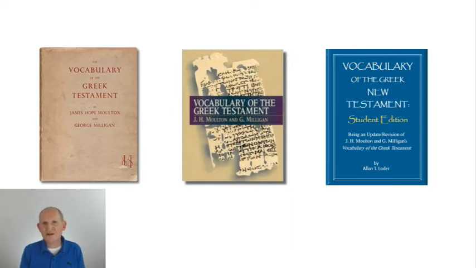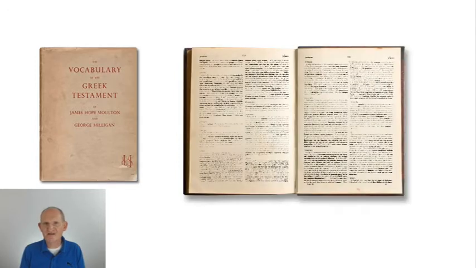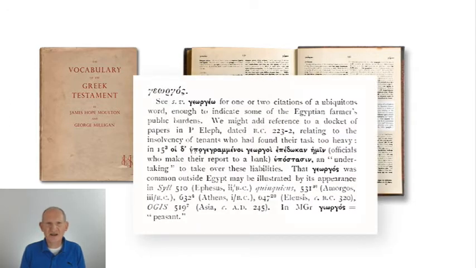What I would like to do here is show you some of the enhancements I've made. So I picked out a few examples. Here I've selected one lexical entry as an example to give you an idea of how it works. Here we have a scan of Moulton and Milligan's entry for the noun georgos. Notice it doesn't give you a whole lot of information. It tells you to also check the verb form, and there are a few comments and a list of some of the sources where the word appears, but not much else. So let me show you what I've done with this.